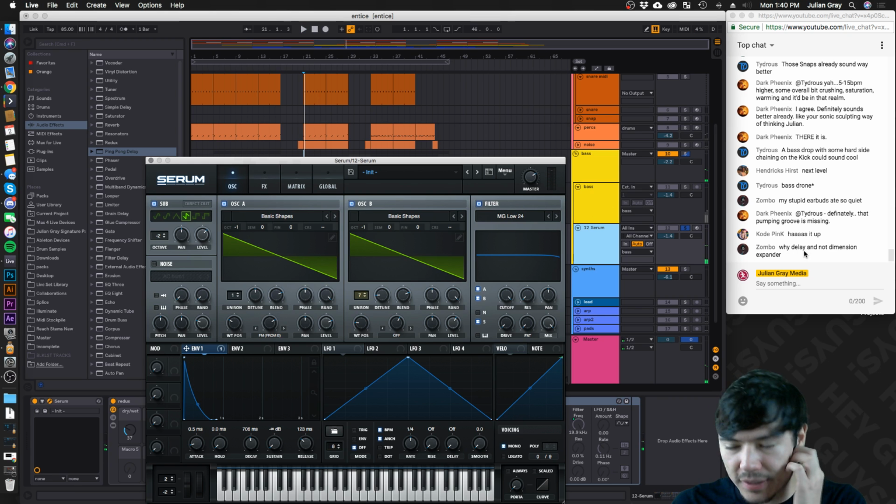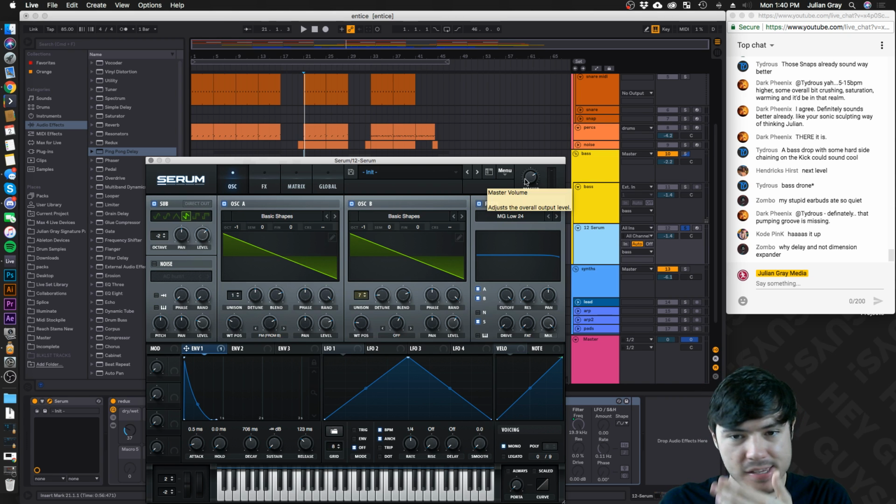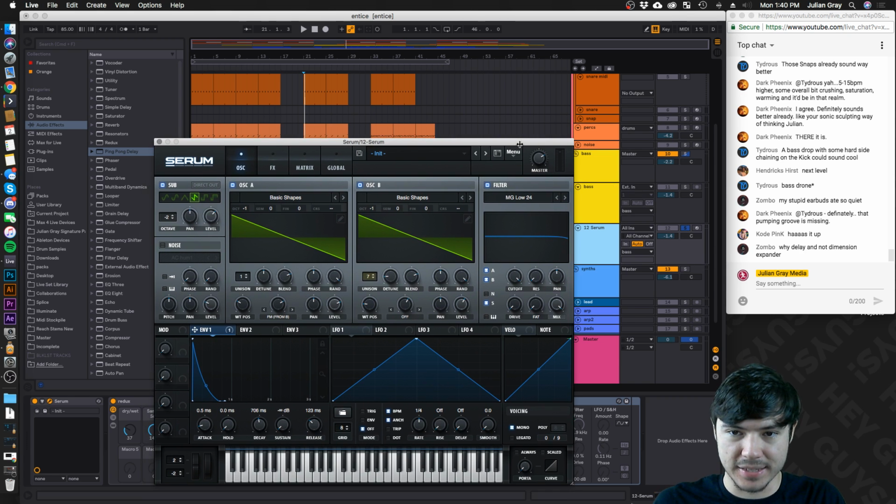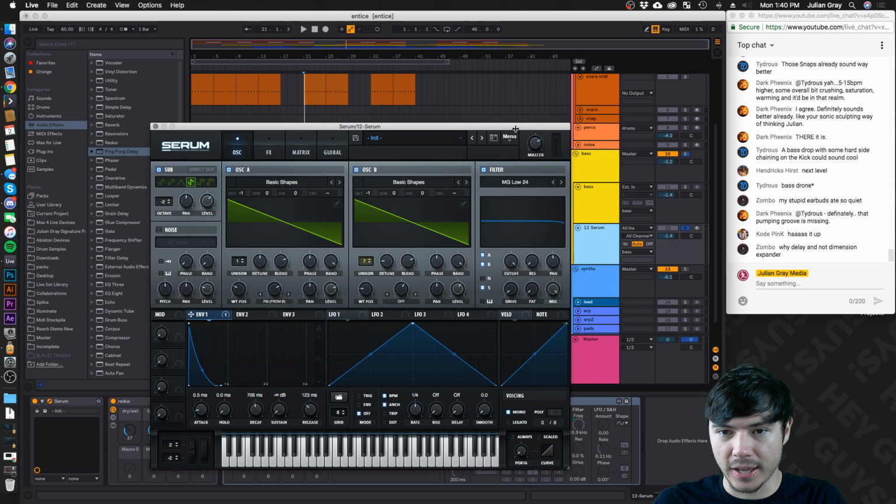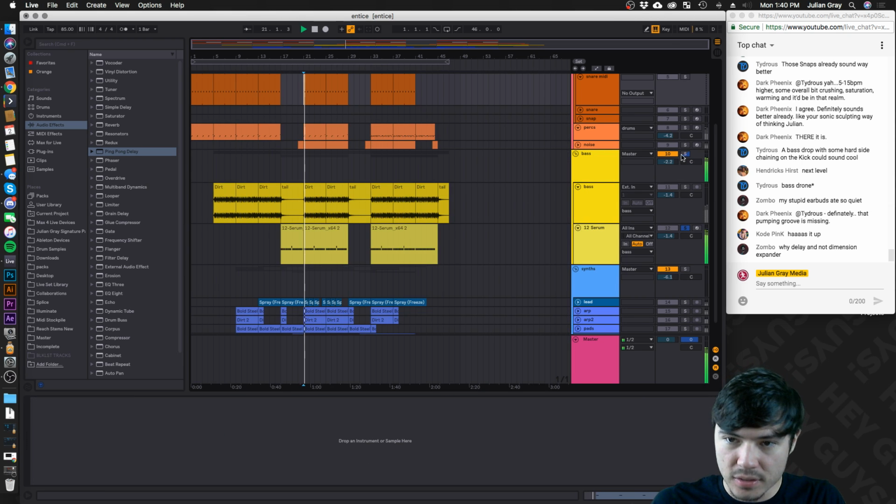The reason I'm doing a delay instead of a dimension expander is because dimension expanders and Haas effects don't work well in mono. I use them all the time, but something like that, I think it would lend itself to a delay anyway, a ping pong delay, so I'm going to use that instead. Makes it more interesting too.